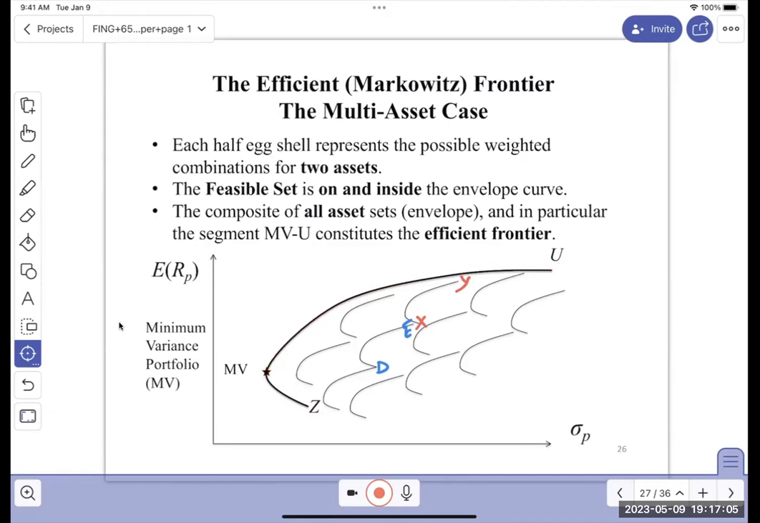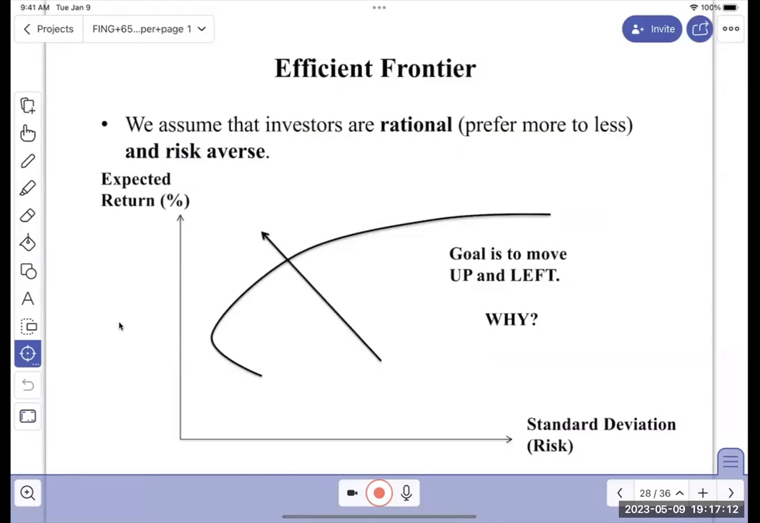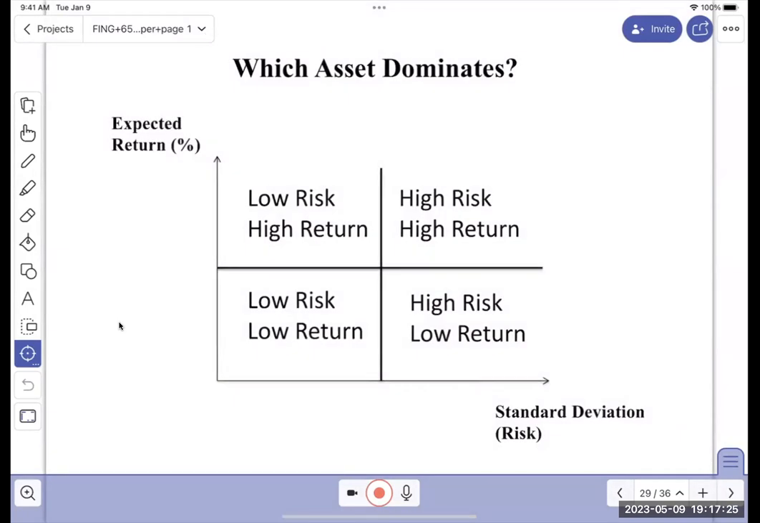So the one that we choose would represent the market portfolio of the portfolio of risky assets. We assume that investors are rational, that is, they prefer more to less, and they are risk averse. So if you're trying to decide between assets, you can use this quick visual tool. Imagine asset A